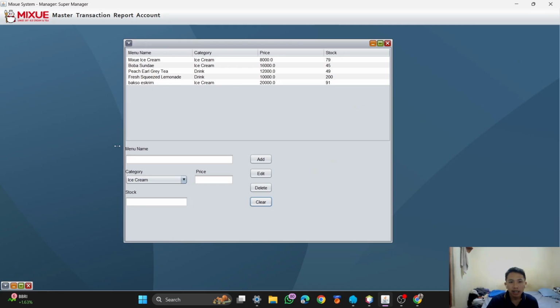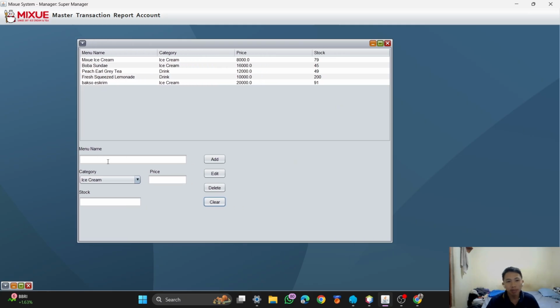Okay, as you can see, this is the managing menu form. Here you can create the menu, add the menu, and select the category, ice cream or drink, and the price and the stock.